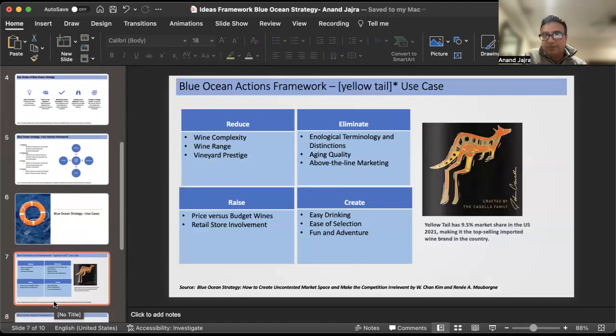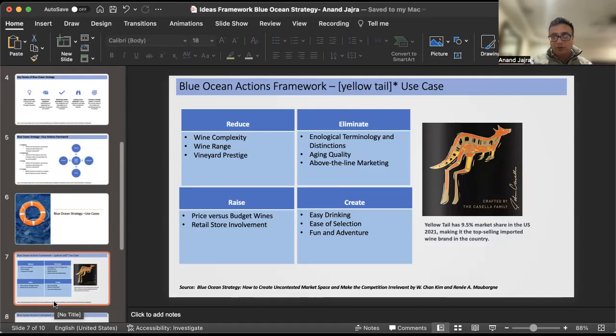One of the greatest examples is Yellowtail. It's an Australian wine company which entered the US market in 2001 and found the US market was very competitive and very hard to break in. But they deployed the blue ocean strategy, reducing wine complexity, reducing the wine range to only a couple of wines in the beginning, eliminating or disconnecting that from the vineyard prestige,